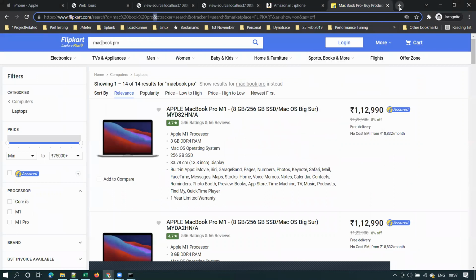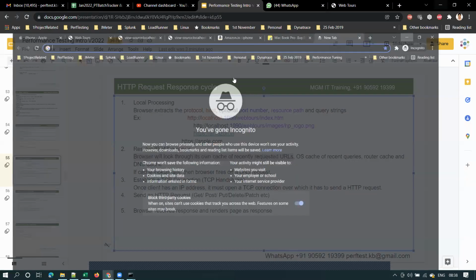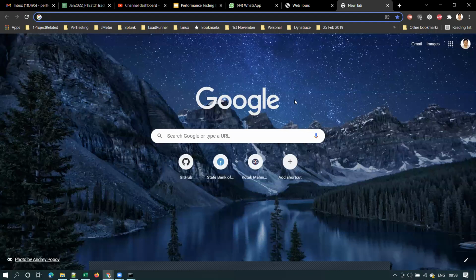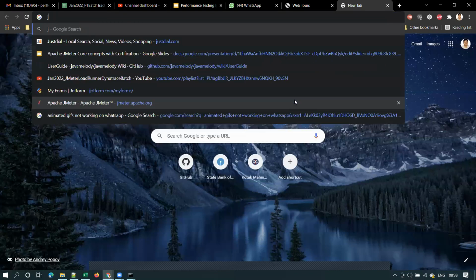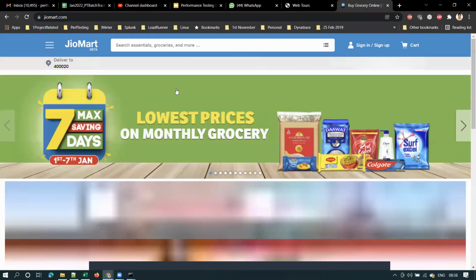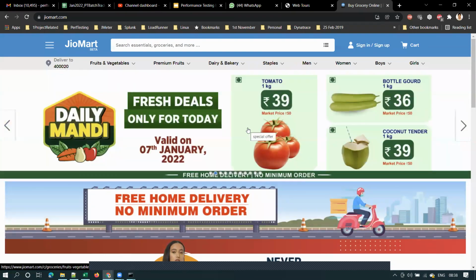The first time you access any website, let's say I access geomart.com, it will take some time to load the page, right? The next time if you access the same page, it will be faster, isn't it?